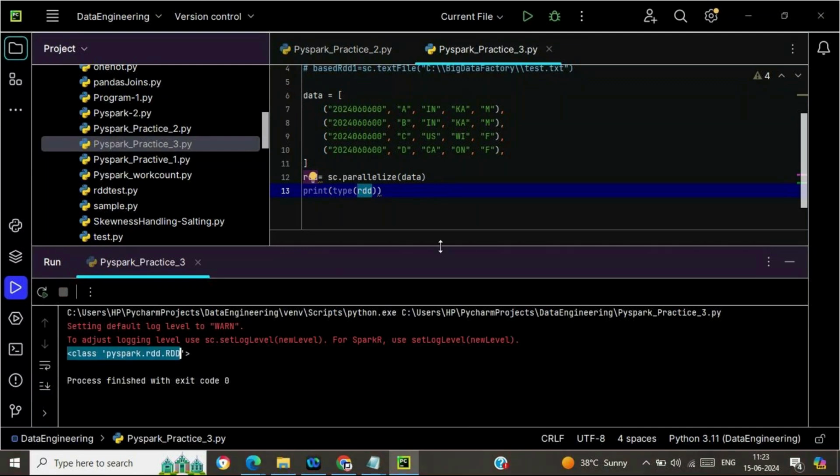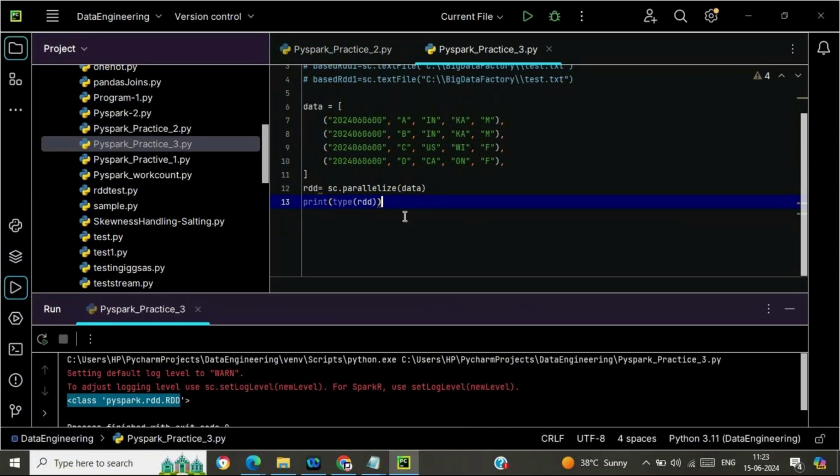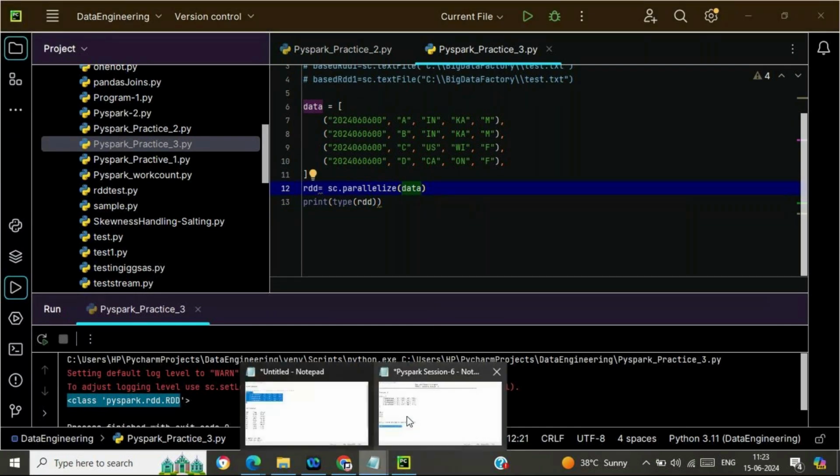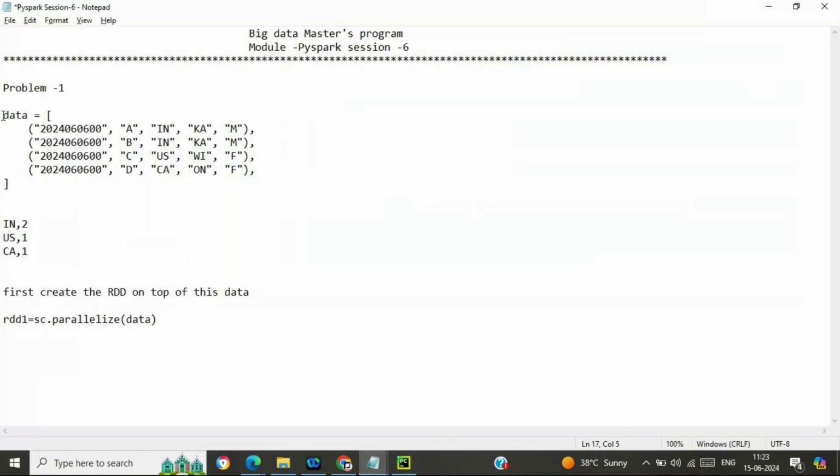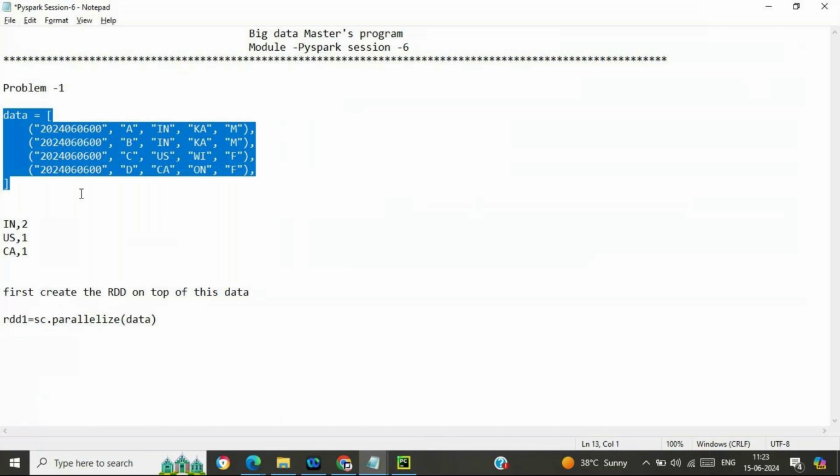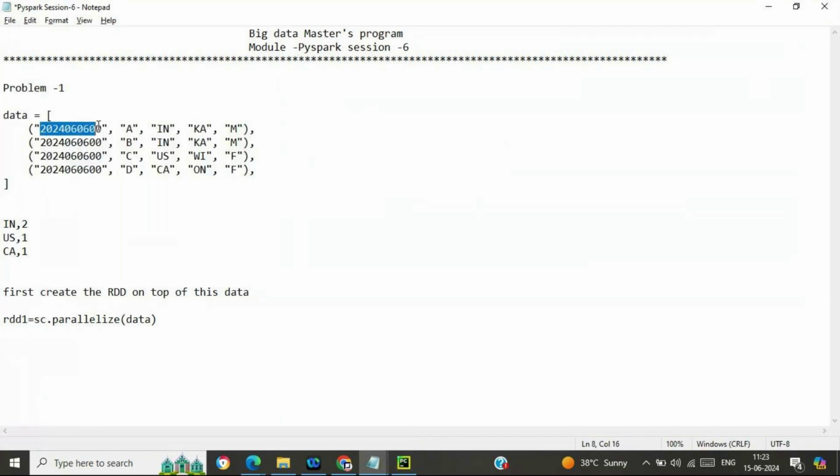So now we have this particular RDD. If I'm visualizing this data correctly, with indexing, this is x of 0, x of 1, x of 2, x of 3, and x of 4.